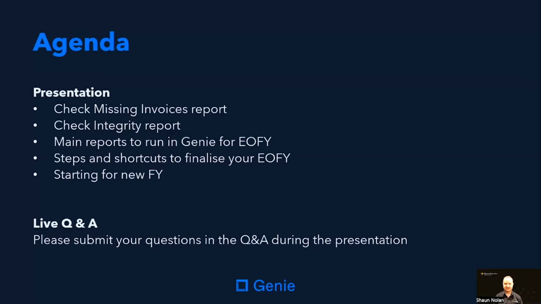Today, we are covering the end of financial year, which covers the parts of Genie that you should run to ensure your reporting is as accurate as possible for the end of financial year. We will start with the check missing invoices report to make sure you aren't missing any unbilled appointments or procedures in your reports. Next, we will look at the check integrity report and what to do if issues are identified. There are other steps and shortcuts we will look at to ensure your reports are showing the most accurate reflection